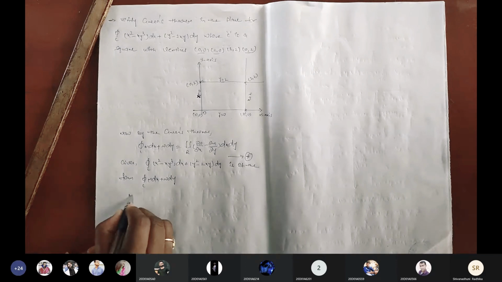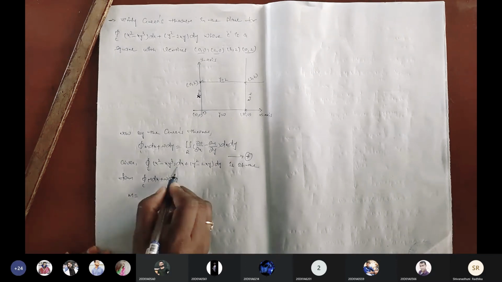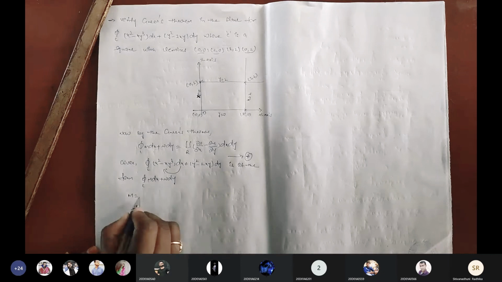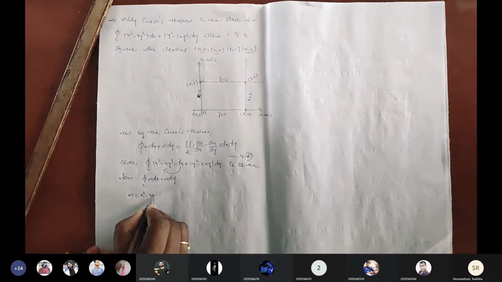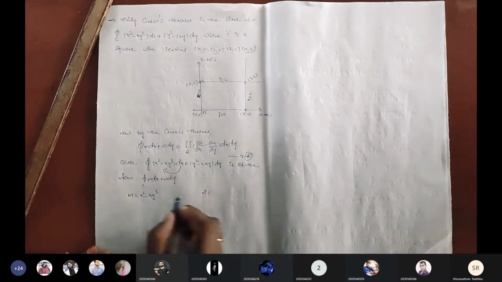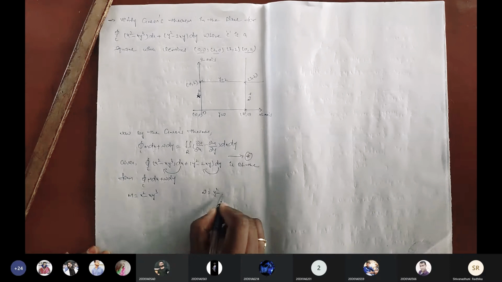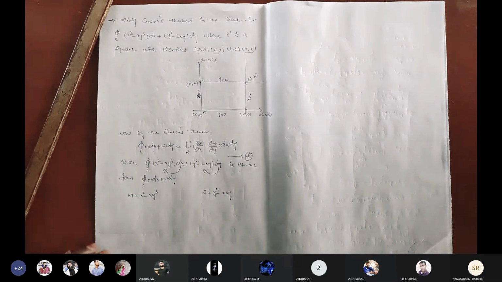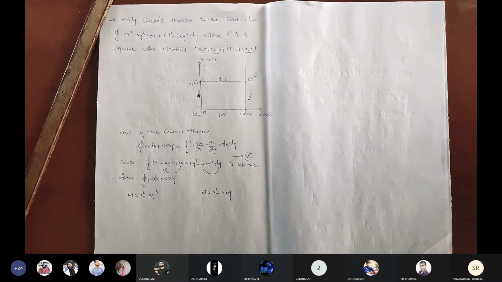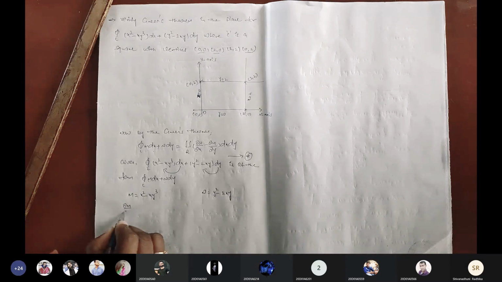Okay, comparing, then what we get here, capital M is the dx coefficient. Dx coefficient is this one, x square minus xy cube, and capital N is the coefficient of dy. Dy coefficient here, y square minus 2xy. It is clear? Now, immediately, when we write capital M and capital N, we have to differentiate partially with respect to x the capital N, with respect to y the capital M. Right? Now, dou M by dou y.